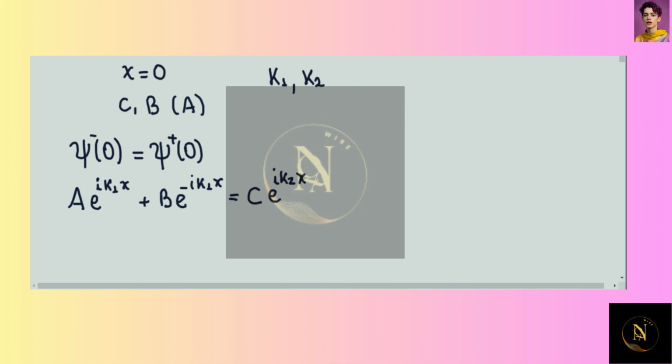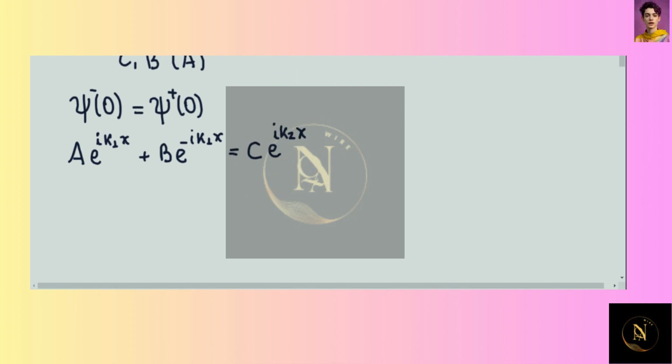Now notice that if x equals 0, then the exponentials are all equal to 1, and we have a plus b equals c. This is one of the equations. Now we must use the